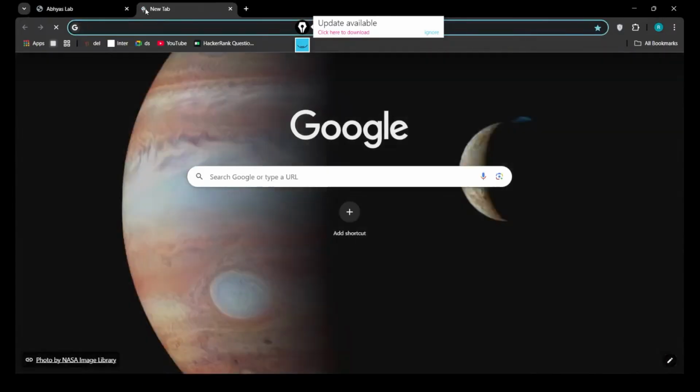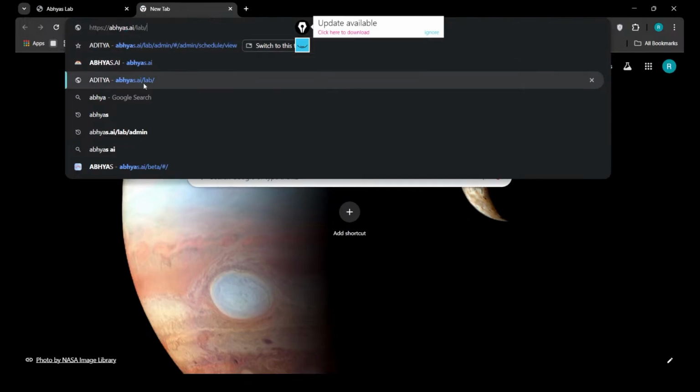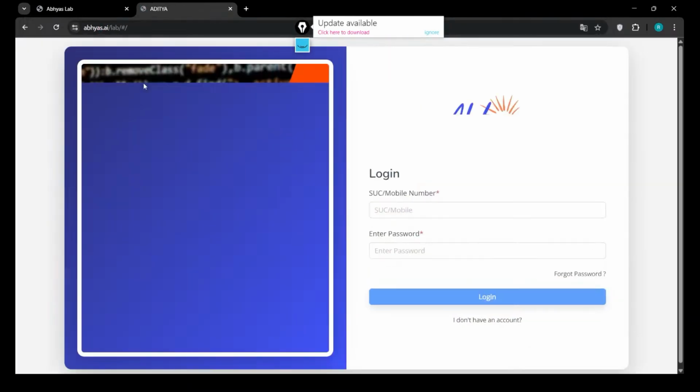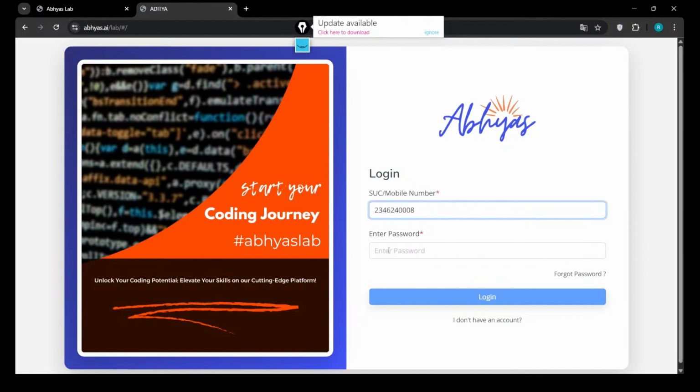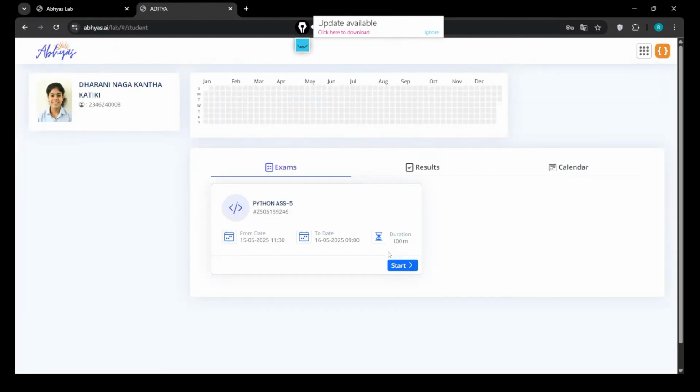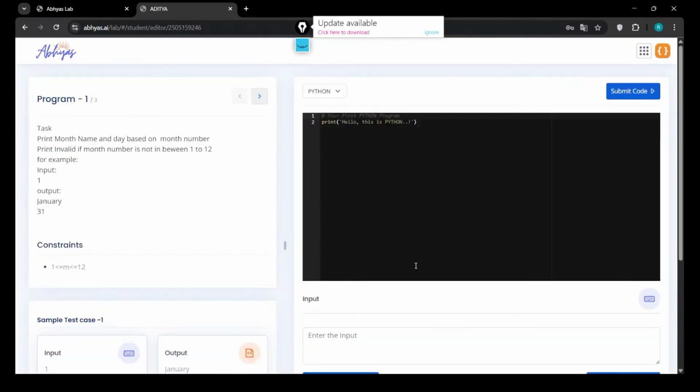Okay. So you just have to open abhyas.aa/lab. Listen. So here, this is the question. You can use the match statement, there is no match statement because it is Python version 3.8. I will modify it to 3.12. Don't worry for that. For example, if you want to answer this question,